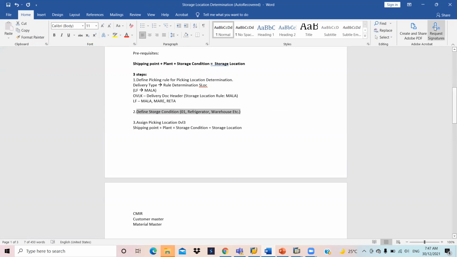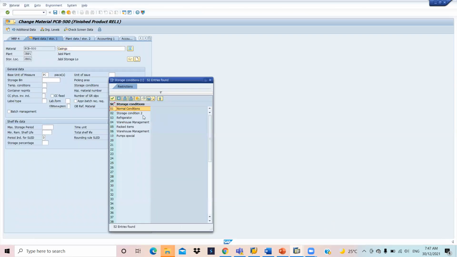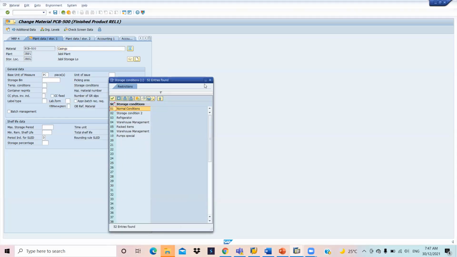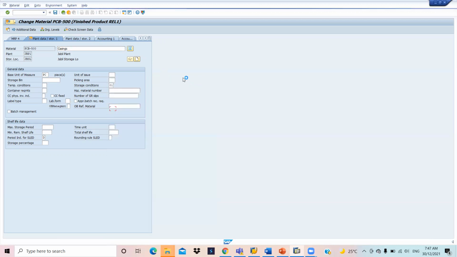The system should have a valid storage condition. These are the values we are getting from here. So I have selected normal. I have already defined everything, so you don't need to do anything.